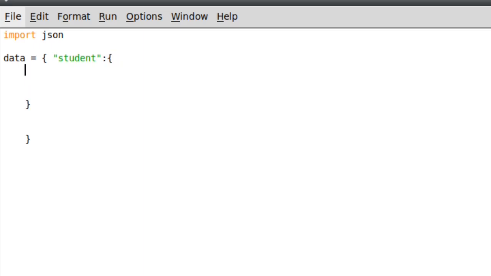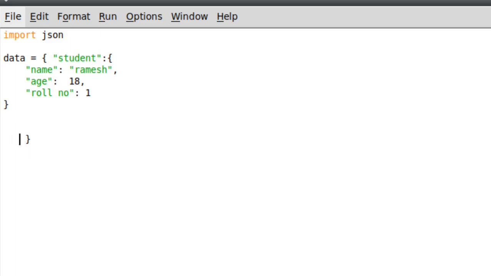So we will take some basic fields. First we will take a student name followed by colon and double quote student name, comma, and then his age, which is an integer, so we don't need any double quote. That's his age. And another field we need is a roll number, so we'll take student roll number here followed by colon and take these numbers. So now we have our JSON data.